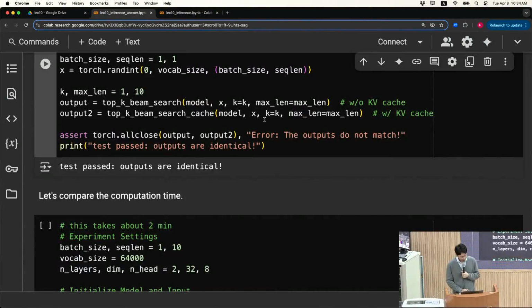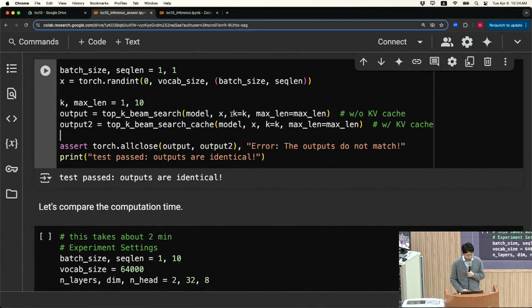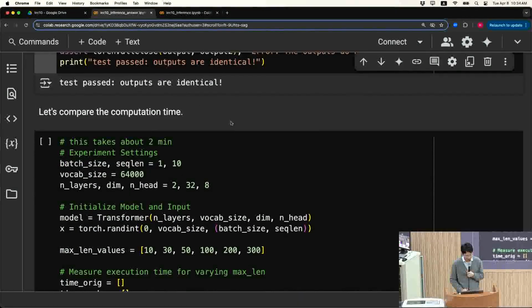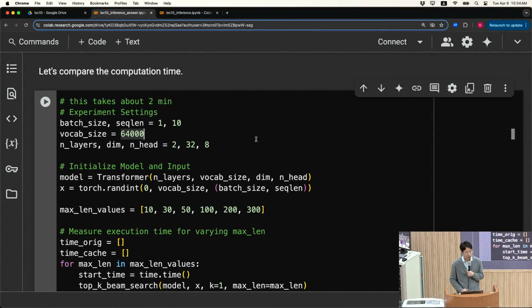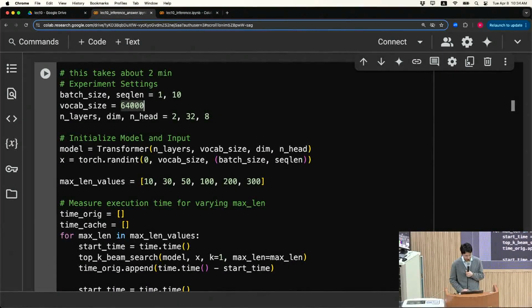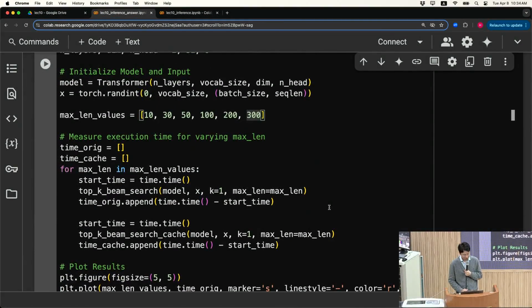All right, so you run the cell just to check the outputs are correct. And it's now time to check whether we had made any significant changes in terms of the computation time. So batch size of 1, sequence length of 10, which we pre-fill. And for a max length value of 10, 30, 50, 100, 200, 300, we're going to measure the execution time for decoding